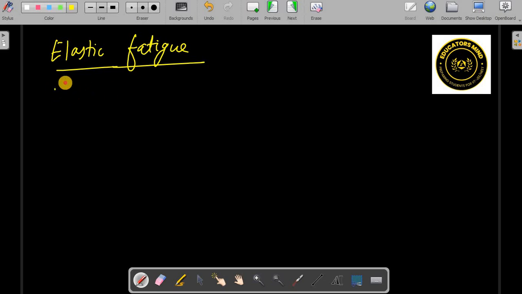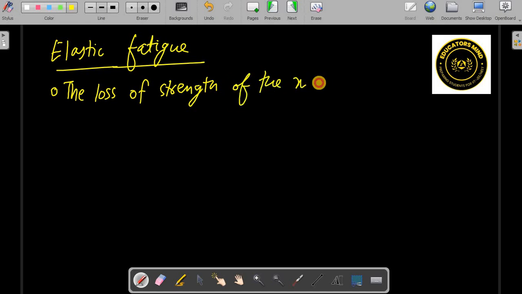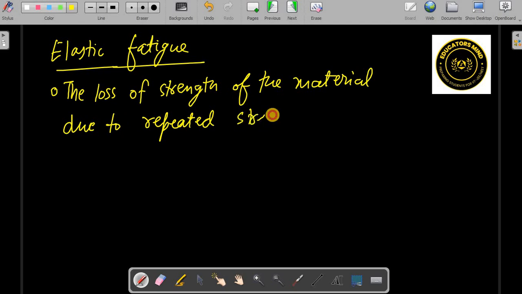Let's understand that the loss of strength of the material due to repeated stress on the material